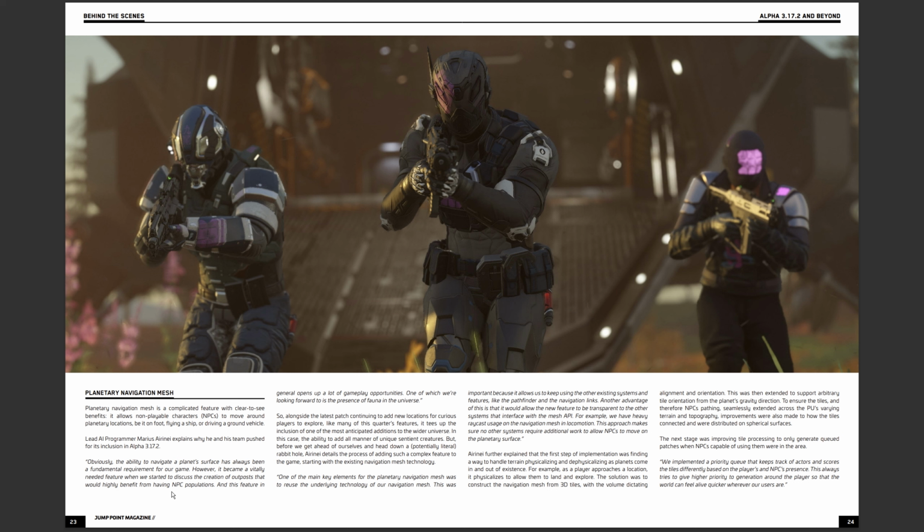And this feature, in general, opens up a lot of gameplay opportunities, one of which we look forward to is the presence of fauna in the universe. Alongside the latest patch, we continue to add new locations for curious players to explore. Like many of the quarter's features, it tees up the inclusion of one of the most anticipated additions to the wider universe: the ability to add all manner of unique